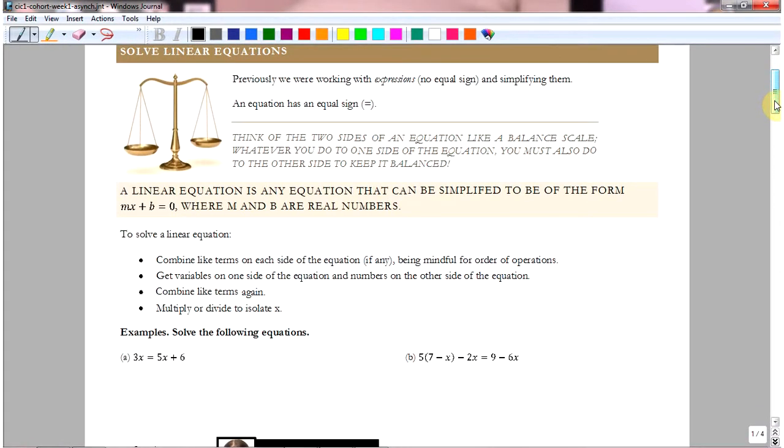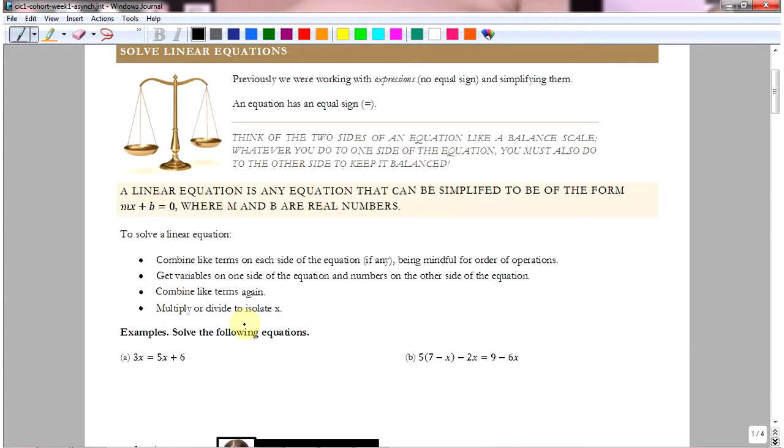A linear equation is any equation that can be simplified to be of the form mx plus b equal to 0, where m and b are real numbers. So if we have an equation that can be simplified to be in that form, so x is the only variable and m and b are just numbers, then these are the steps that we're going to use to solve